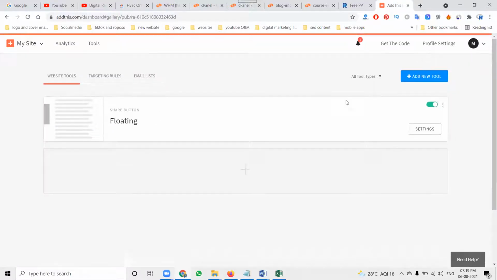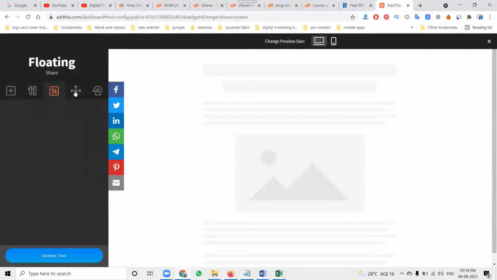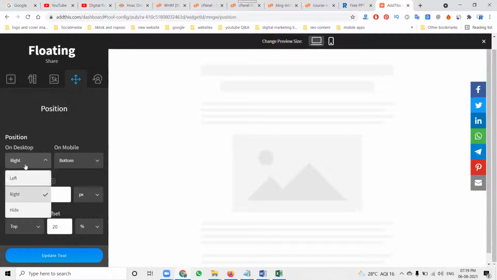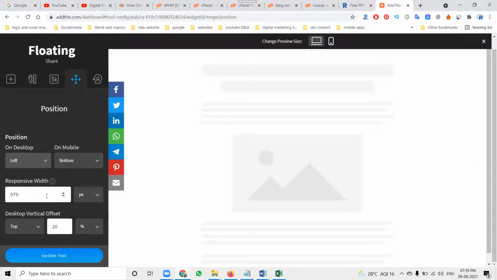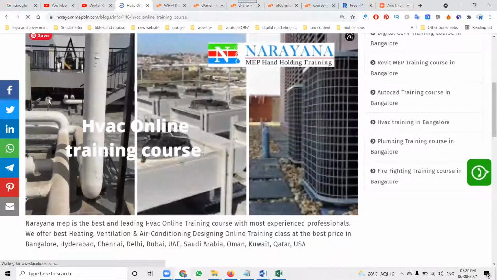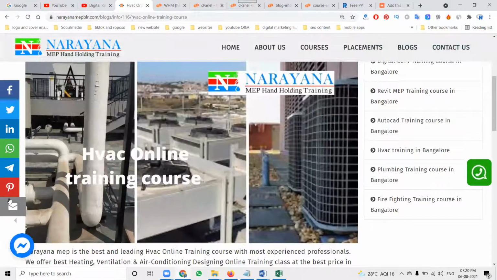If any further changes are required, go to setting and activate it. Next, select right side or left side. Here, responsive width, top 20%. I'll give you the top 30%. Activate it. Refresh. Just a little bit going down here.